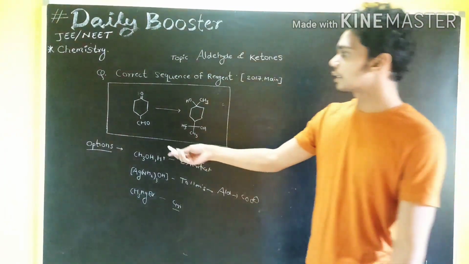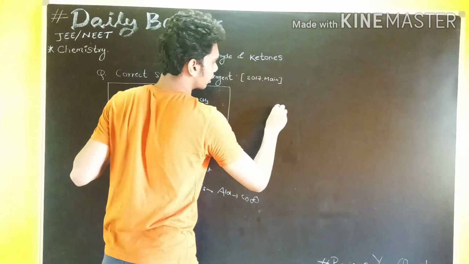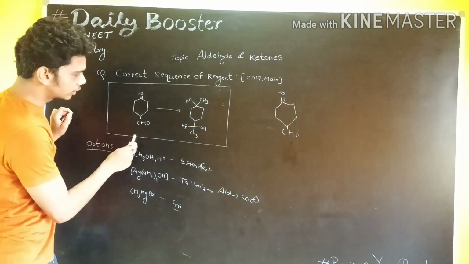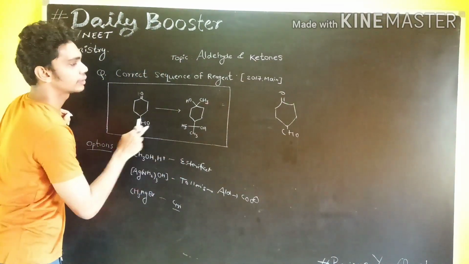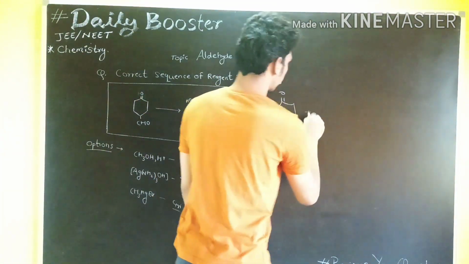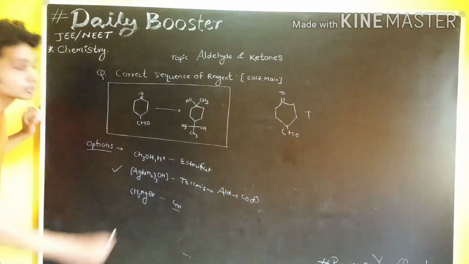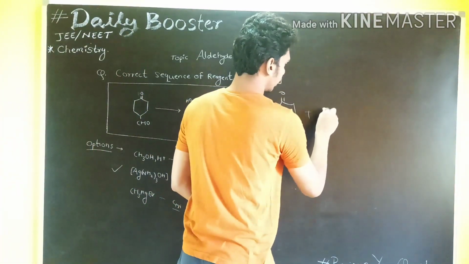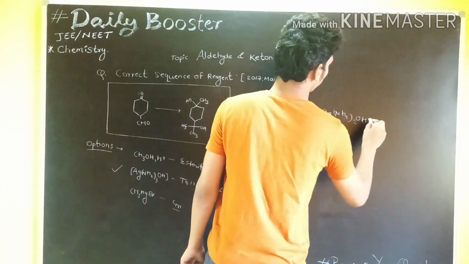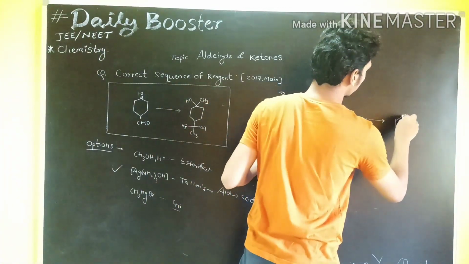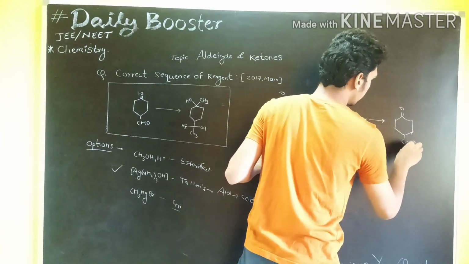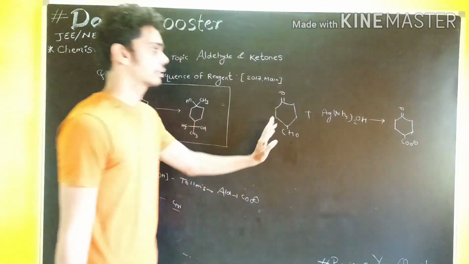So first we have to consider this structure which we have to convert. Now we have to convert this CHO into this group, which is not possible directly. Then we have to take care of this product also. So first we will go with the Tollens reagent. Why Tollens reagent? Because Ag(NH3)2+ with OH minus will lead to formation of what? This aldehyde group gets converted into COO minus. A carboxylic acid group will be there.